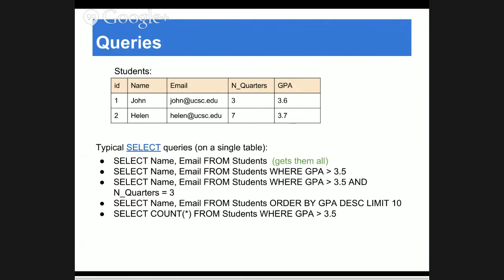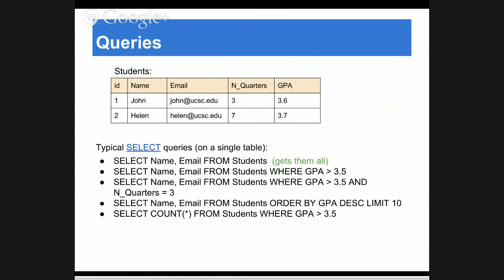The form is a select, and then you have the list of fields, from, and you say which table, where, and you say the conditions on that particular table. And you can also say in which order things should be retrieved. Order by GPA descending. Limit 10 tells you that you want to obtain at most 10 rows.